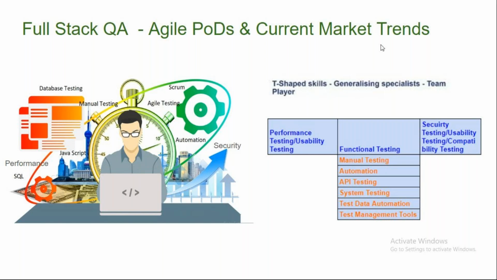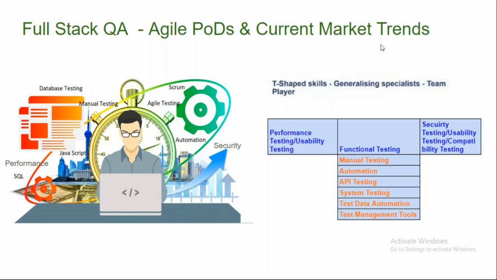Okay, so while you are going to be strong in one area, in today's agile world, the way the software is developed and deployed, the way the teams are operating, the expectation is to have a kind of a T-shaped skill set, right? A T-shaped skill set is in one area you will have depth of knowledge. For example, if you're a functional tester, you might be good in manual, you could be in automation, good in API, test data automations, test management tools, system testing, database testing. So you might be very good in